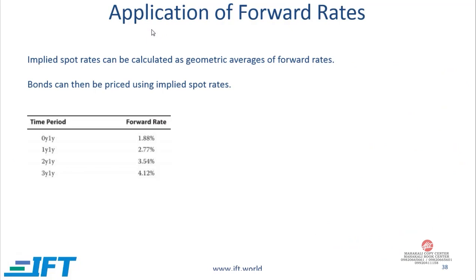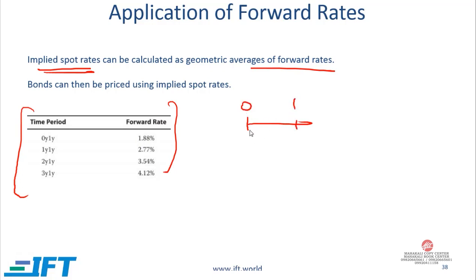On this slide, we will look at one application of forward rates. As we've discussed before, implied spot rates can be calculated as the geometric averages of forward rates. And what does that mean? Let's say you are given this information. What does 0y, 1y mean? If this is 1.88%, this means that the current interest rate is 1.88%. In other words, time 0, time 1, when you invest money today, the rate that you are getting is